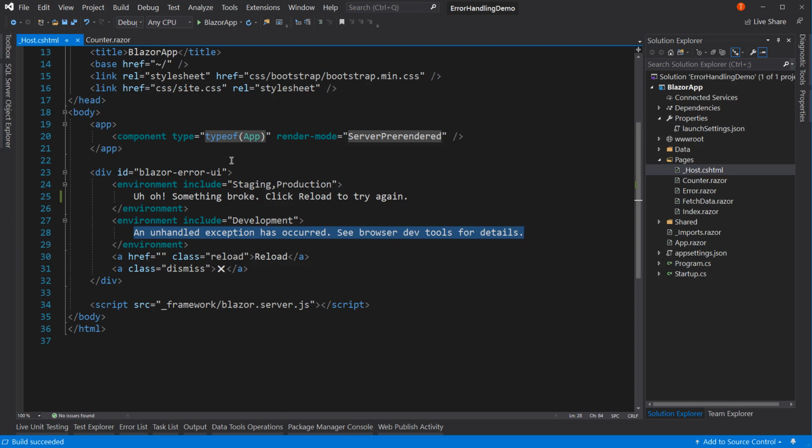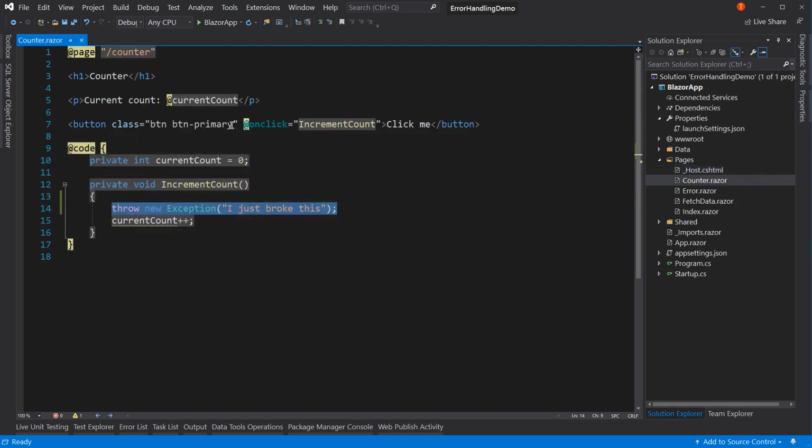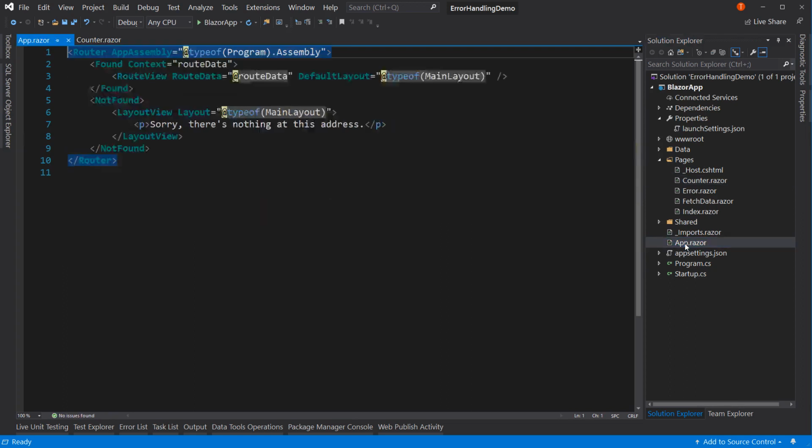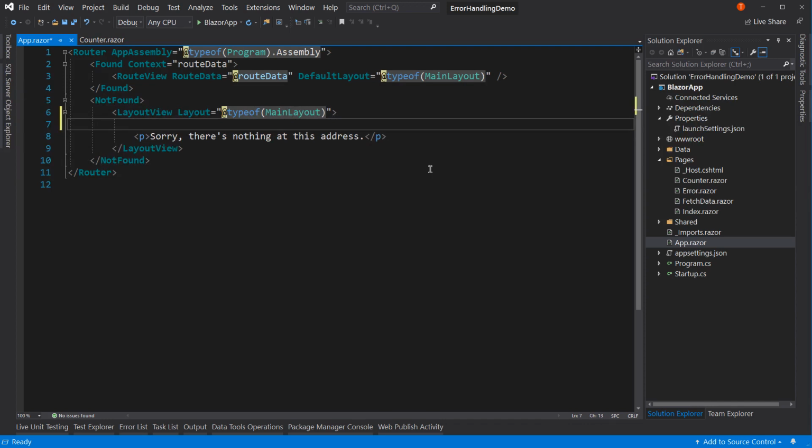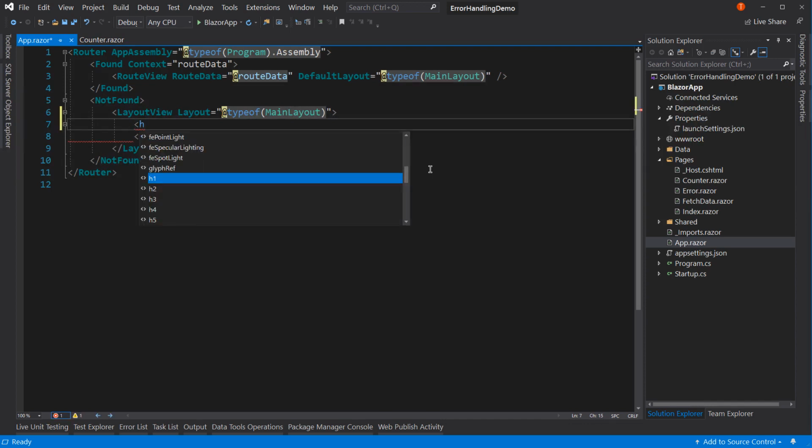Now let's deal with what happens if the route does not exist. So we have a /demo, and it gave this weird error message, which if we go to app.razor, this was the message that it gave. Now we can change this to be anything you want. Right now it's just one piece of text. Maybe you want to have a little bit more HTML, so H1